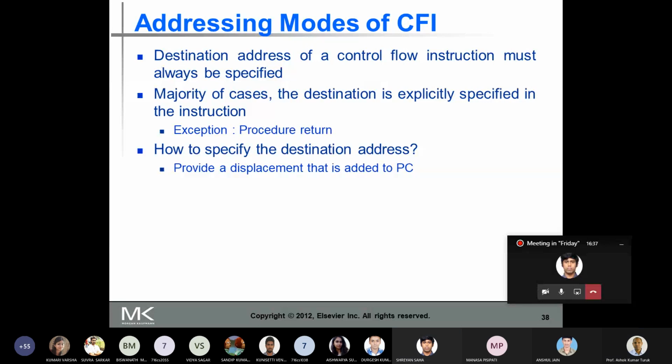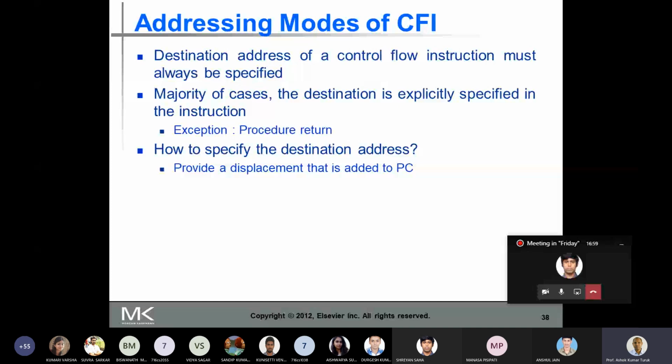Okay, sir. Then how to specify the address? One of the common ways to provide the address is to provide a displacement. The displacement is added to the PC, and it gives the address of the target.